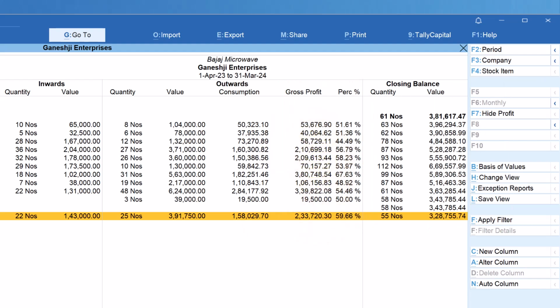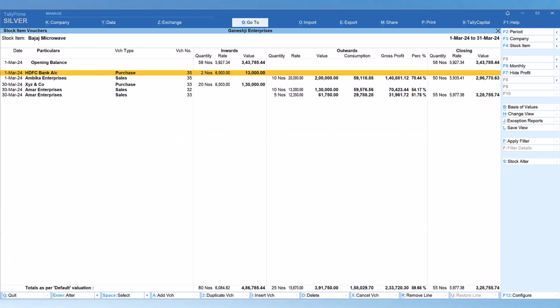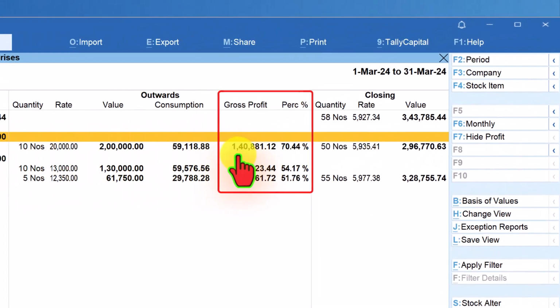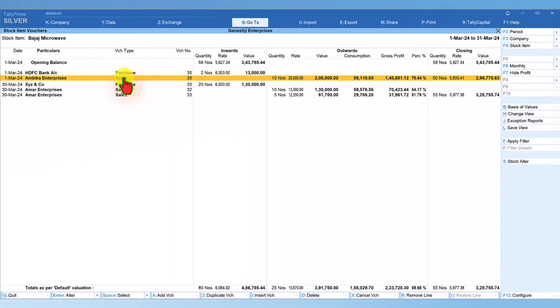If you want to know what is the GP that you have made on each invoice that you have raised for this particular item, we can select any month and drill down. March is already highlighted. Just press enter, and now we are viewing the GP that this item, which is Bajaj Microwave, has given you for each invoice. Again we will see here that the sale made to Ambika Enterprises, we have sold at 20,000 each. So the GP is